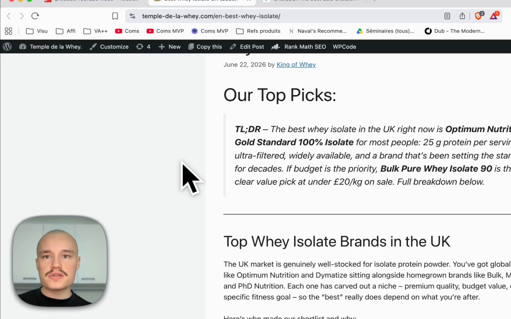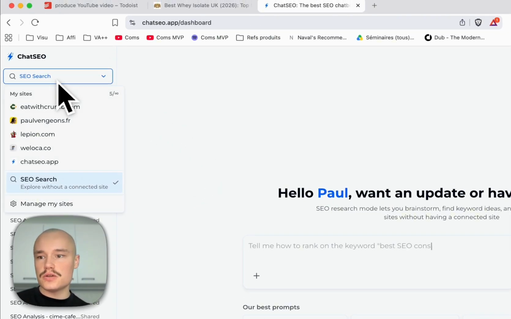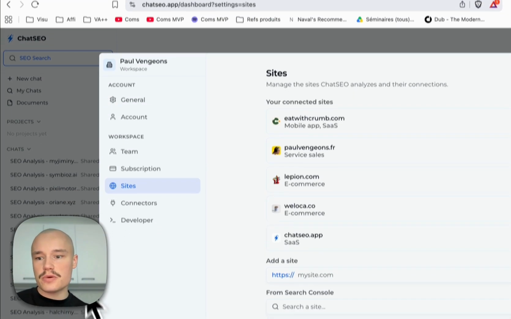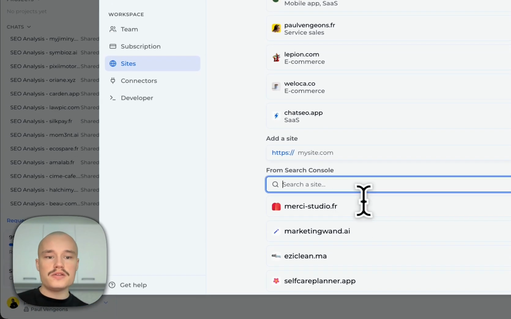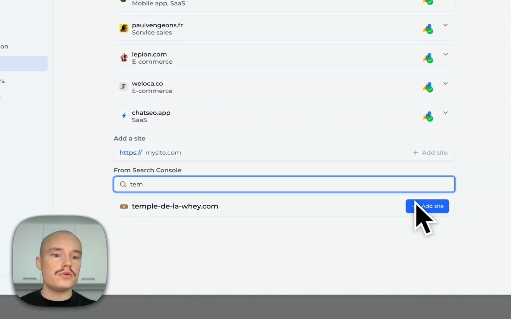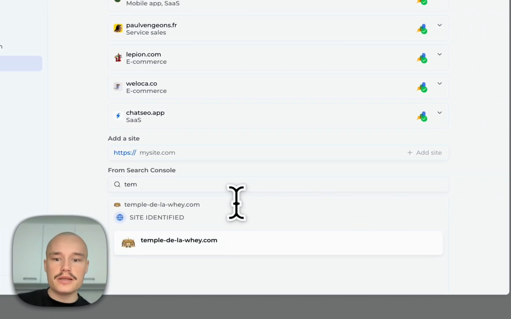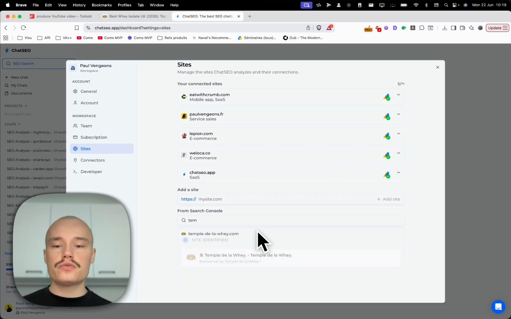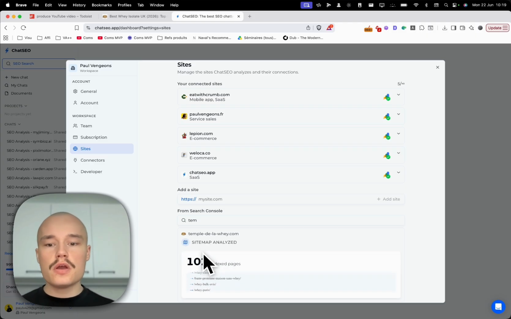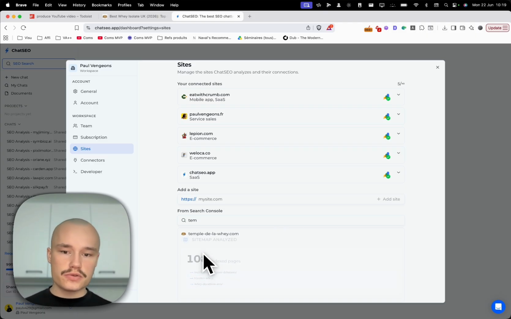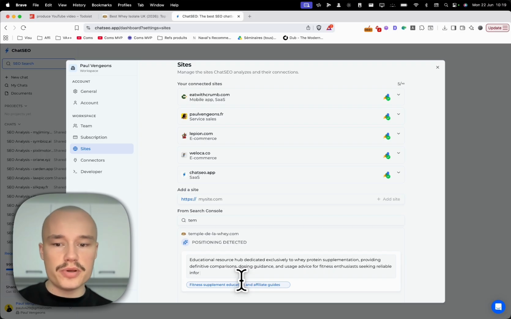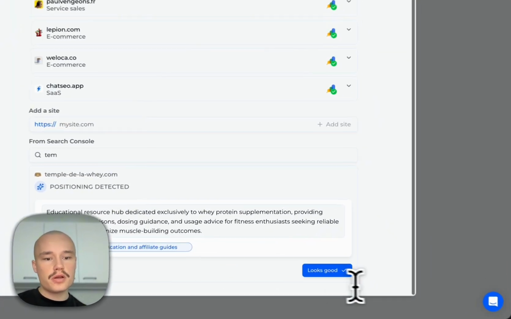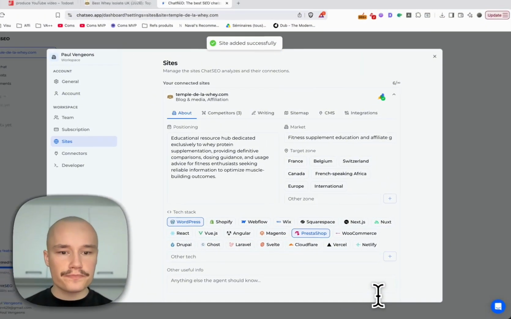So the very first step is to log into ChatSEO. Then you will go on Manage My Sites. Here, it's connected to your Google Search Console, so you will just check for the site you want to optimize. Then you will click Add Site. Here, the tool is going to fetch the content of the website, the business model, the CMS, the competitors, the writing styles, also all the SEO pages included in your sitemap. So you just check these